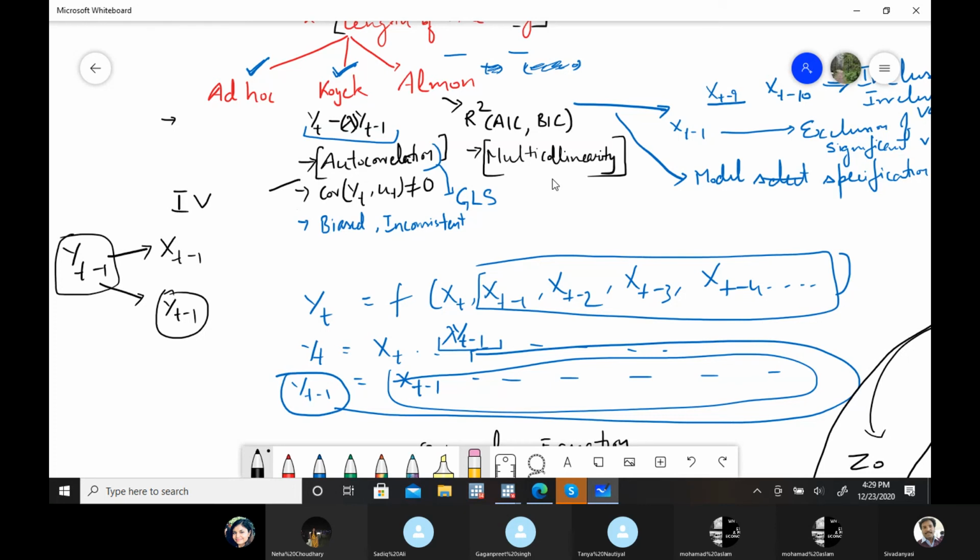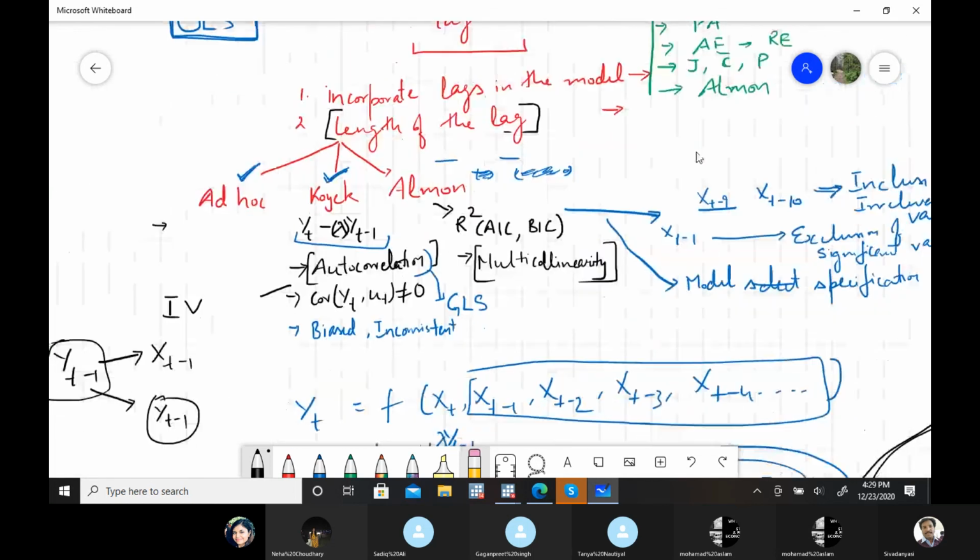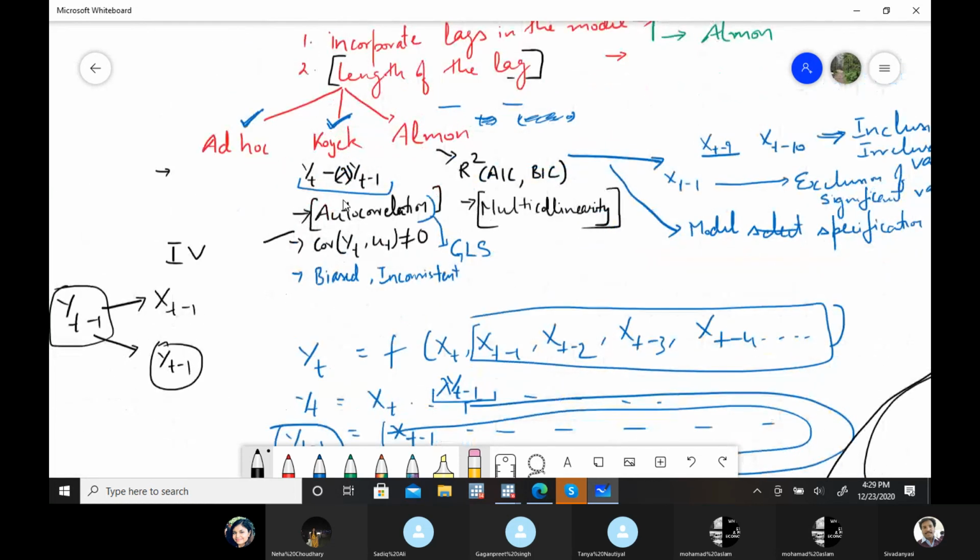I prefer to add more variation, but if it's a time series and you don't have so much data, only data for a small interval, then it's really hard to sort out this problem. That's one reason many have not adopted Almon's approach, but they have adopted the Koyck approach in models like partial adjustment. But if you still have a problem of covariance, then you need one instrument variable for that problem.